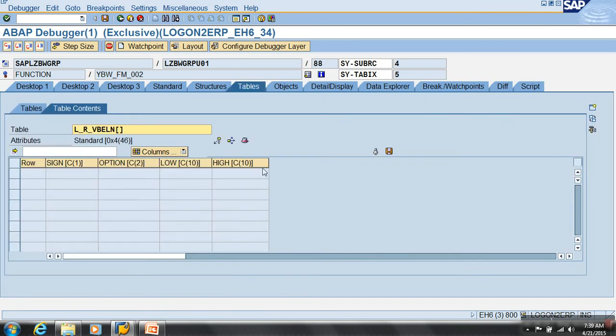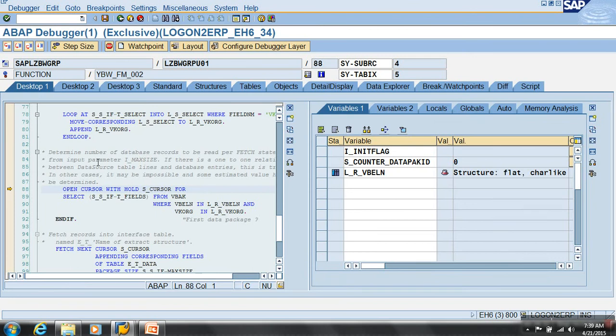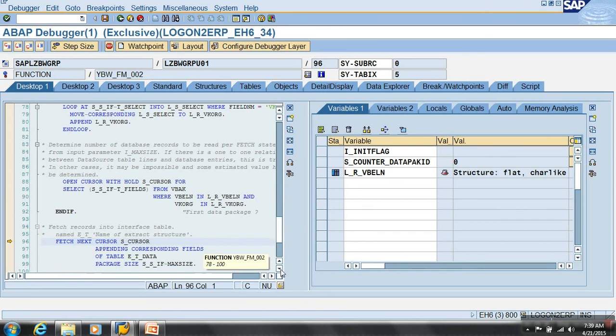So no selection, so it's blank. Sign off range and it will do. If you create a range variable, it will have sign, option, low and high. That's range variables. Now let's open the cursor. I know there are no selections. Now it finished opening up.